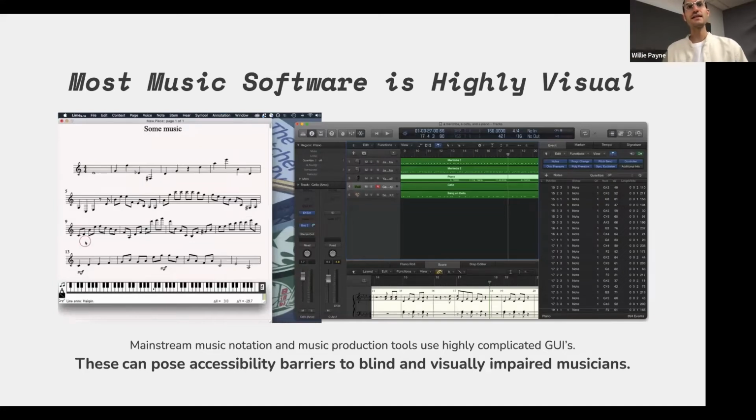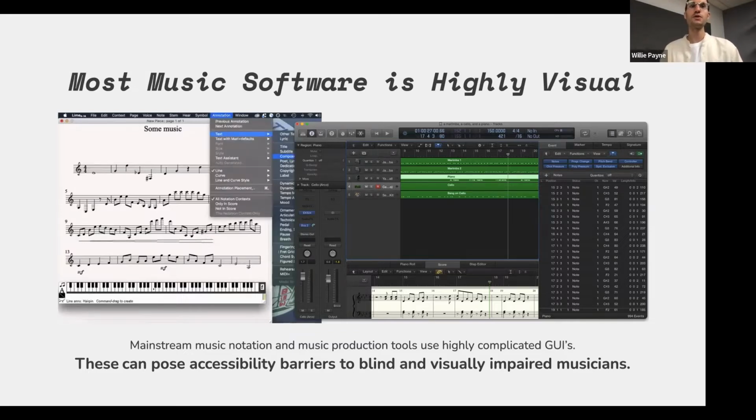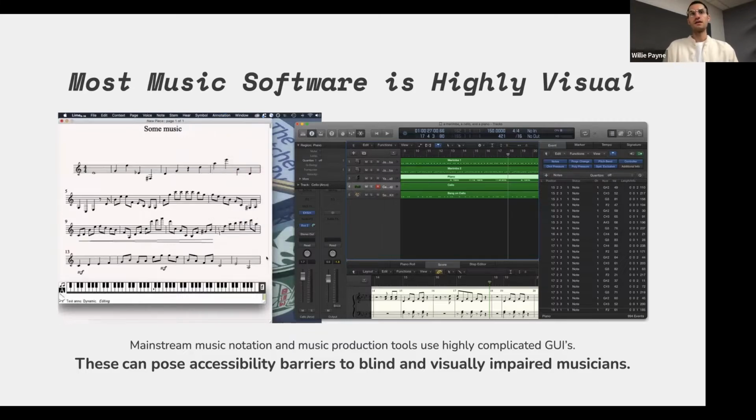More research to date has studied how to make existing scores available in Braille or large print, rather than understand the needs and workflows of blind musicians who notate new music. A lot of commercial music software is highly visual, using graphic user interfaces and what you see is what you get interactions. On the left, I'm using a mouse to add notes and drag musical symbols within the notation software